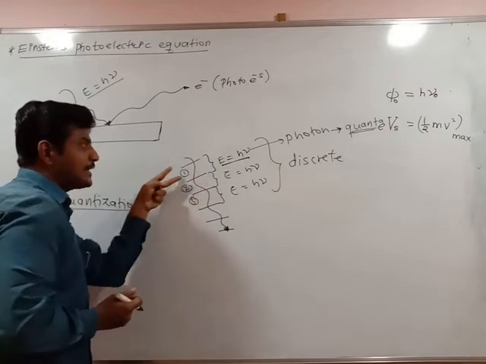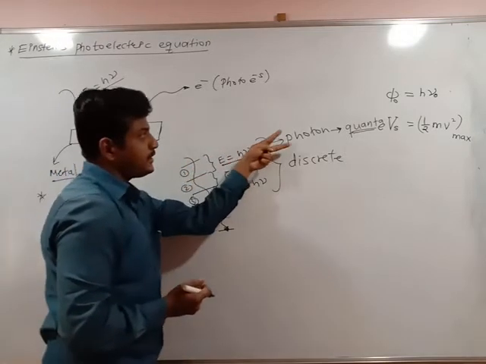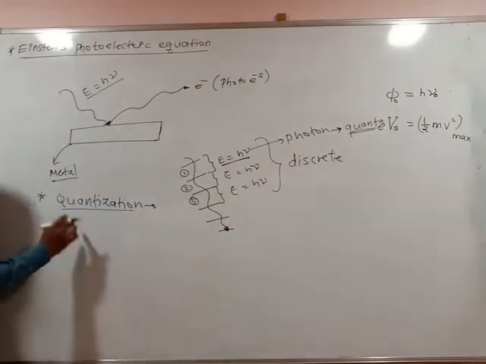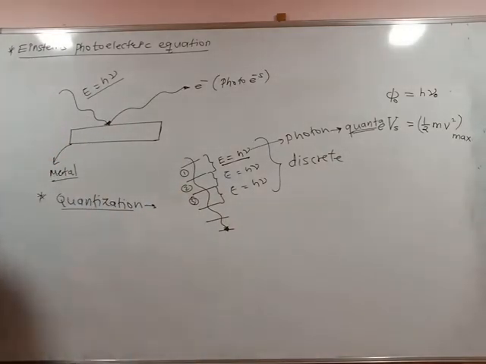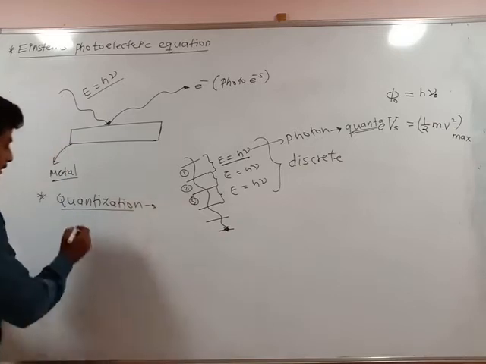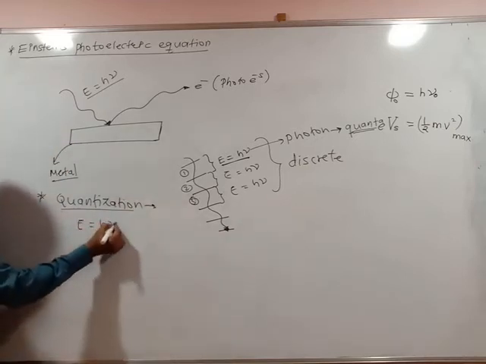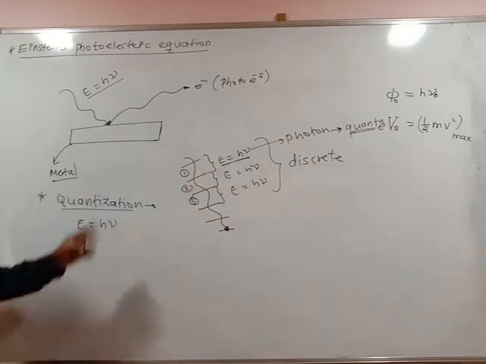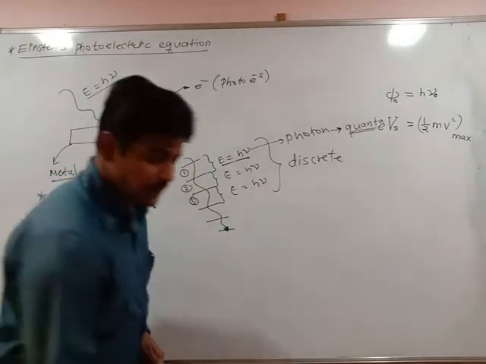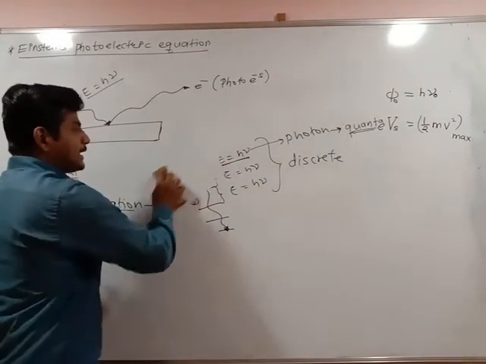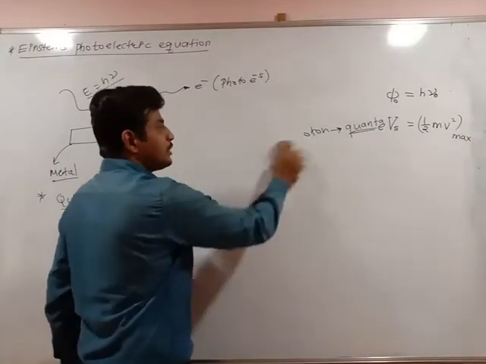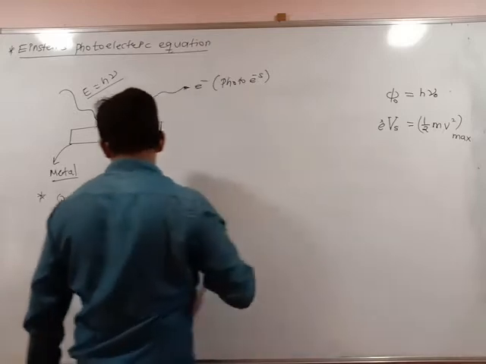So this is one quantized energy. That's why this photon is also called the quanta of the continuous radiation. So keep in mind, this concept is very important. Quantization of energy is equal to hν. This is again the energy of a photon, or the energy of a single quanta. So keep in mind, quanta is nothing but quantization of energy, which is always E is equal to hν.